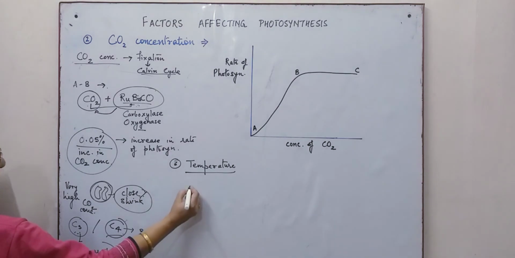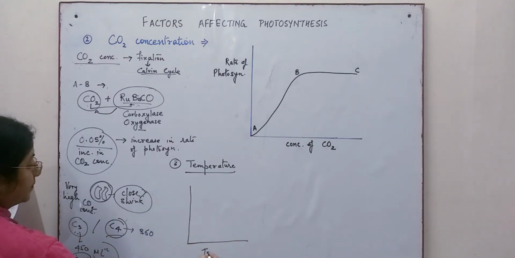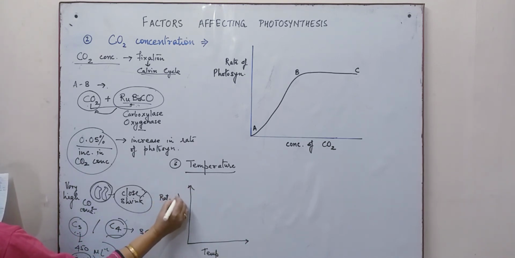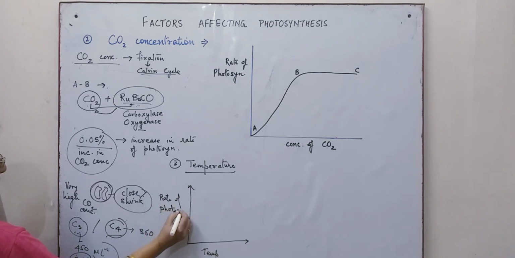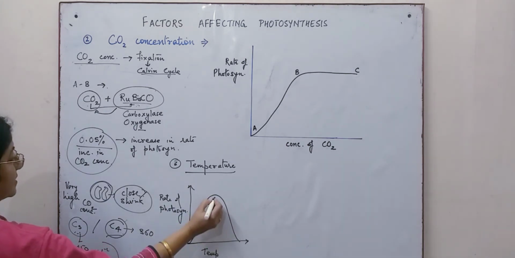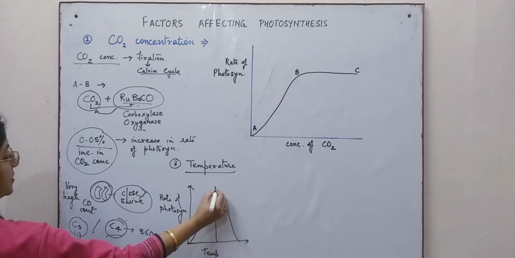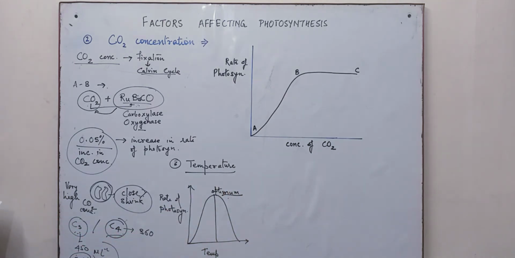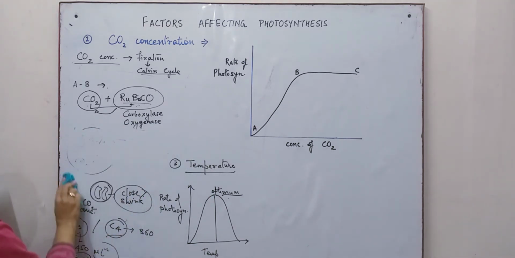Temperature, when we plot a graph, and this is again the rate of photosynthesis. The curve obtained over here is this. This is the optimum. Now, when we come to understand the pattern or the effect of temperature on the rate of photosynthesis, we know that the photosynthetic process